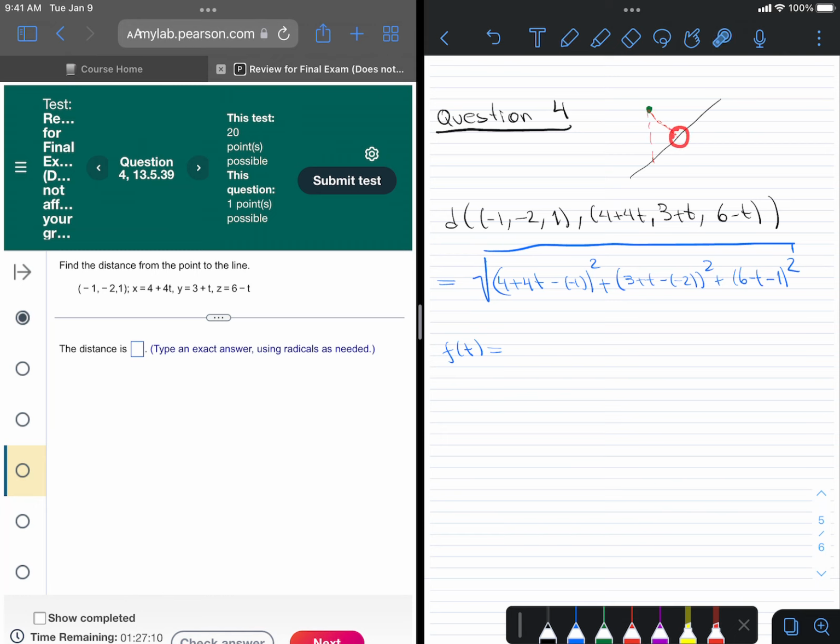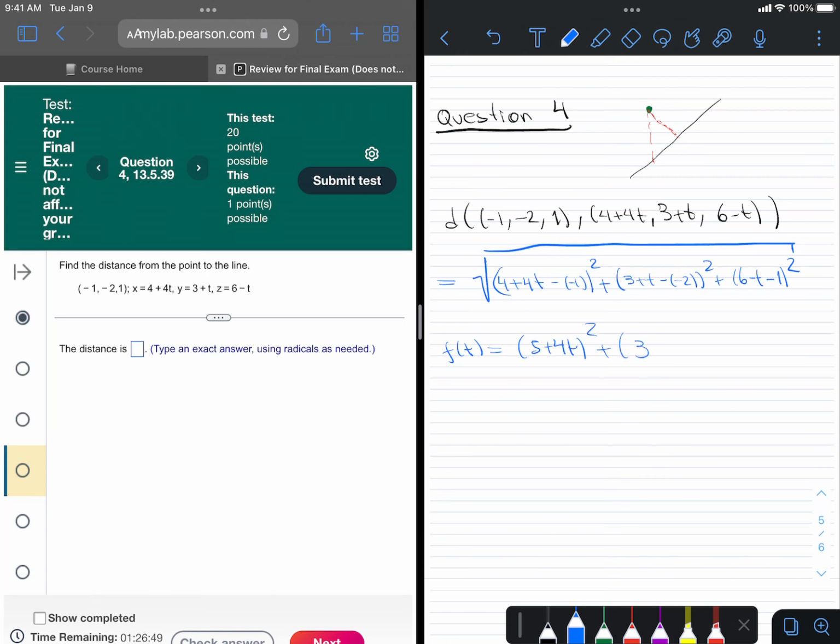So I'm looking for the t value that minimizes this distance, which is the same as the one that minimizes this function. I'll get rid of the square root, as the minimum of the square root function is the same minimum as the function without the square root, and that will be (5 plus 4t) squared plus 3,